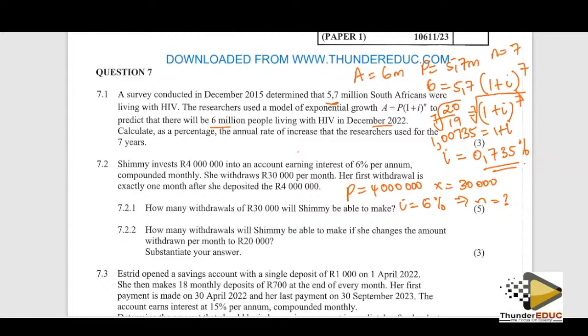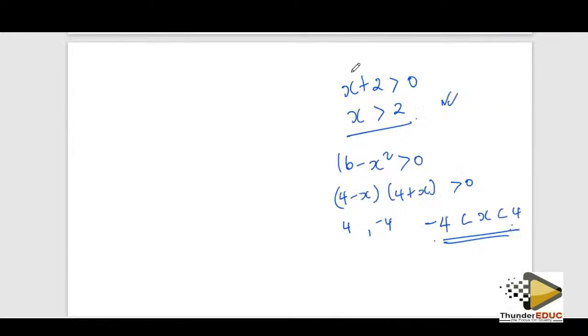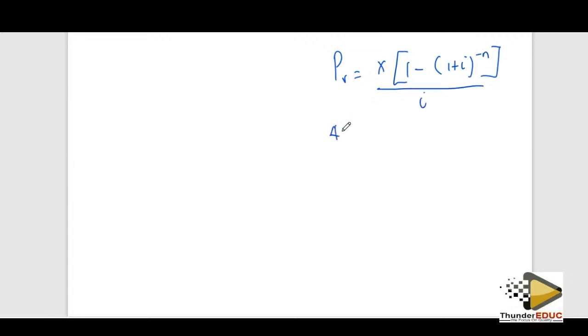I have space on this page, so I'm going to write down the present value formula. That is x into 1 minus (1 plus i) to the exponent of negative n, over i. So we said 4 million is equal to our x, which is 30,000, into 1 minus (1 plus the i, which is 6%, compounded monthly) to the exponent of negative n,